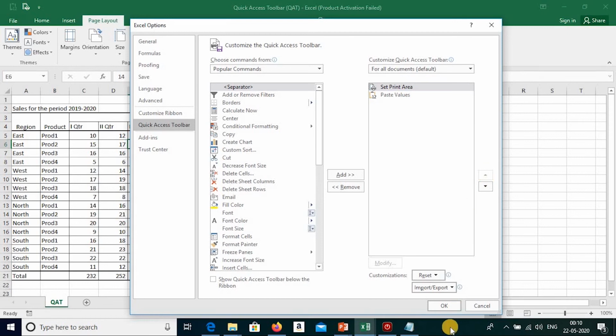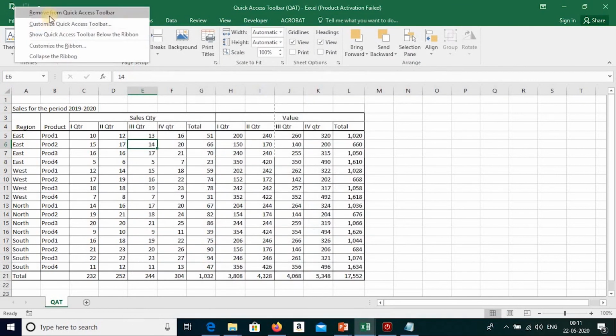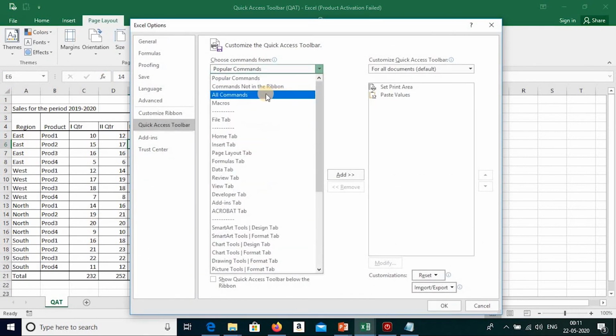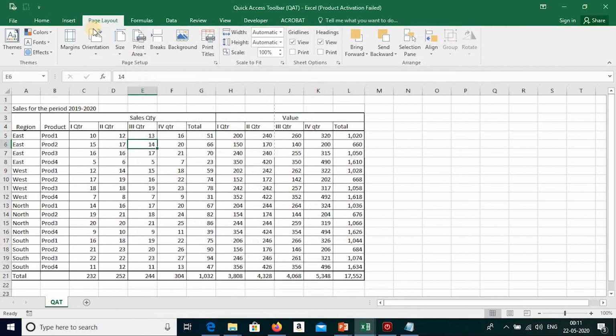So there are 2 ways of customizing the quick access toolbar. One, you right click and say customize quick access toolbar and come to this wizard, and either choose all commands or choose commands not in ribbon. And for commands which are there in the ribbon, you need not take this long procedure. You can straight away come like this, page layout, print area and set print area, just right click and add it to the quick access toolbar. In this way, if you have maybe 9 or 10 like that in the quick access toolbar, you can actually save a lot of time.